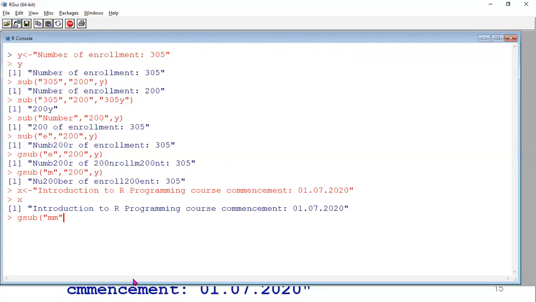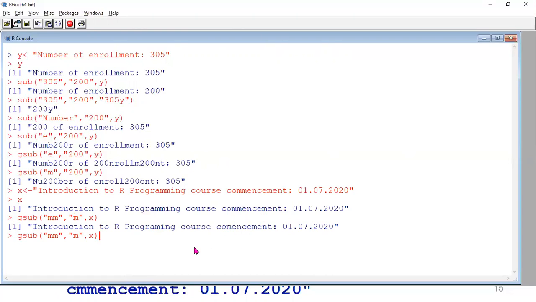Double M. You want to replace it with single M from the vector X. Now you can see where double M is there, in programming MM, now it is replaced with single M. Then in commencement, COMM, double M is there, and that is replaced with single M.